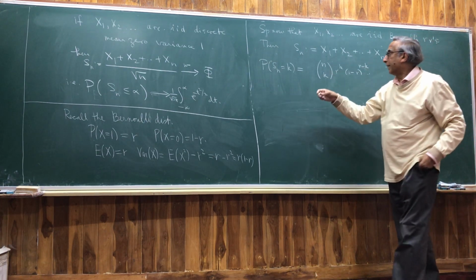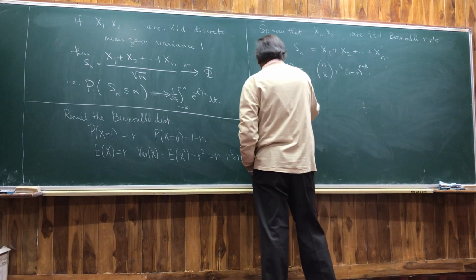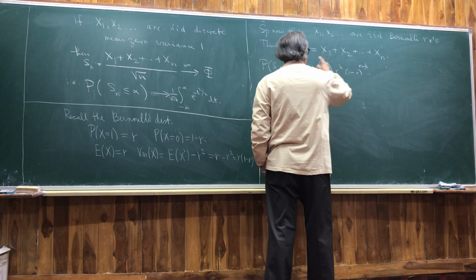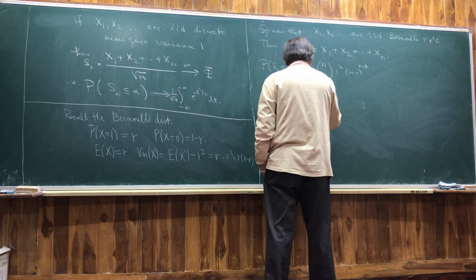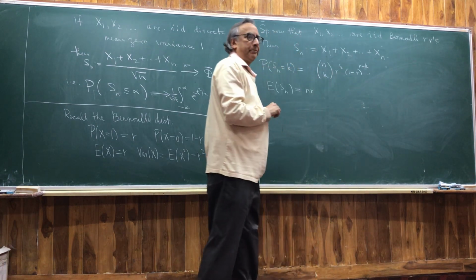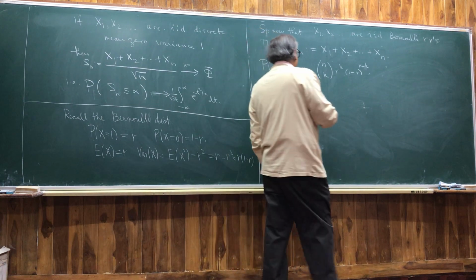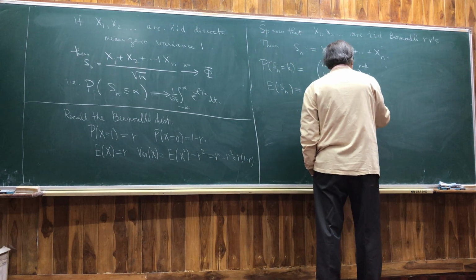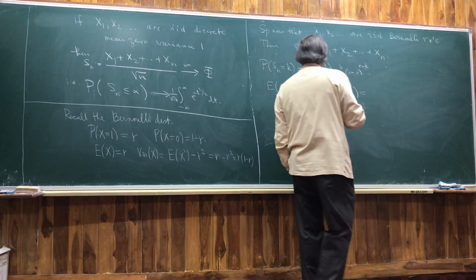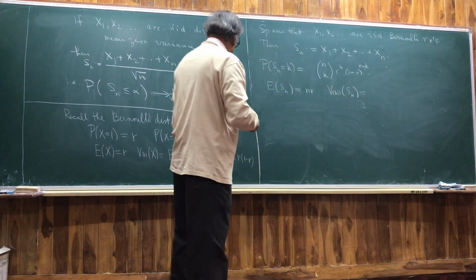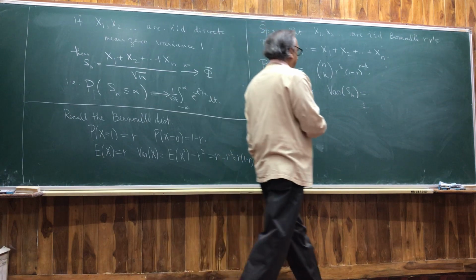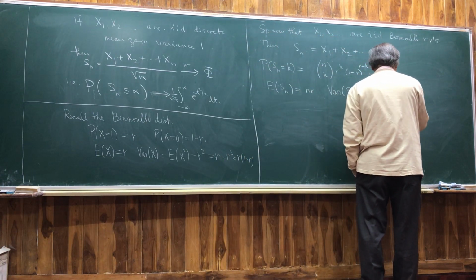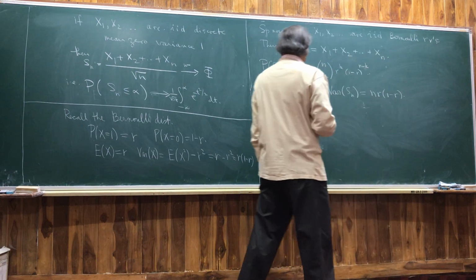And so, because they're independent, the expectation of Sn equals the sum of the expectations, which is simply n times r. The variance of Sn equals the sum of the variances, n times r times 1 minus r. So by the central limit theorem,